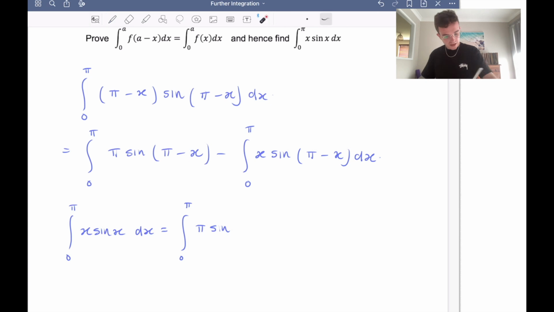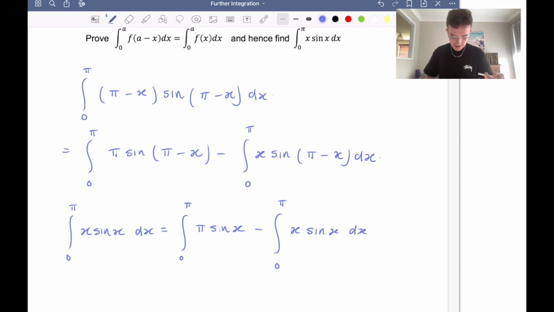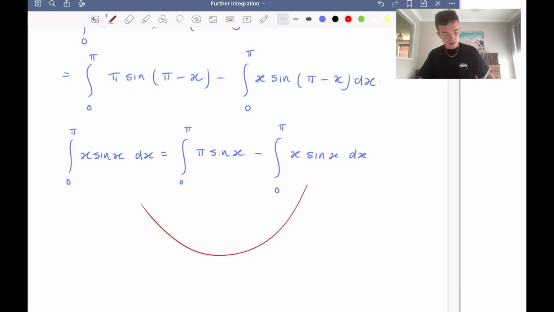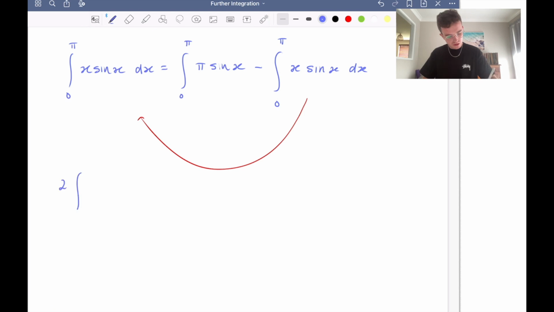Now we've just said that sine of pi minus x is the same as sine of x, because sine is positive in the second quadrant. So this is sine of x minus the integral from 0 to pi of x sine of x. So let's add this over to here. So this is equal to 2 lots of the integral from 0 to pi of x sine of x dx,